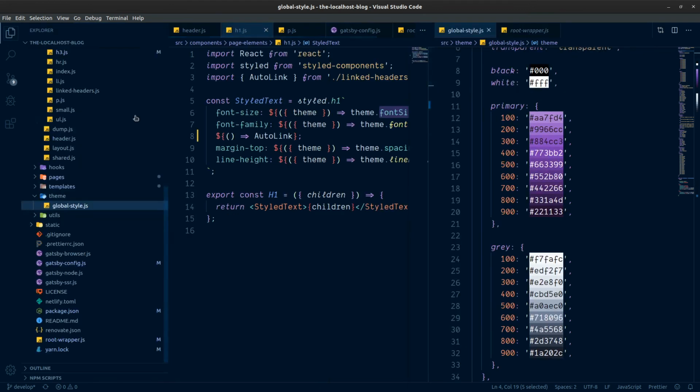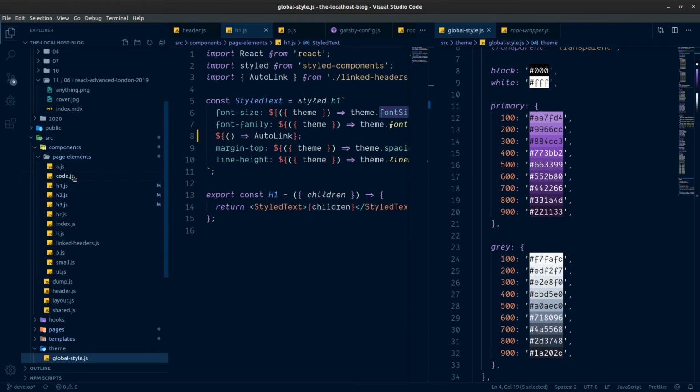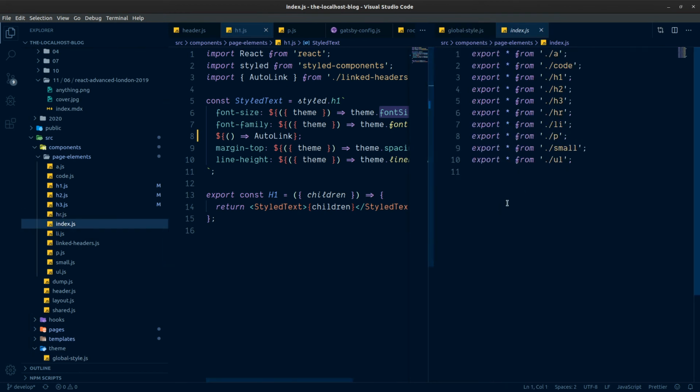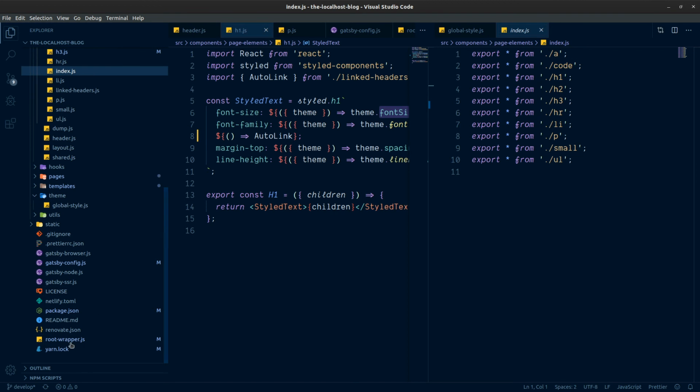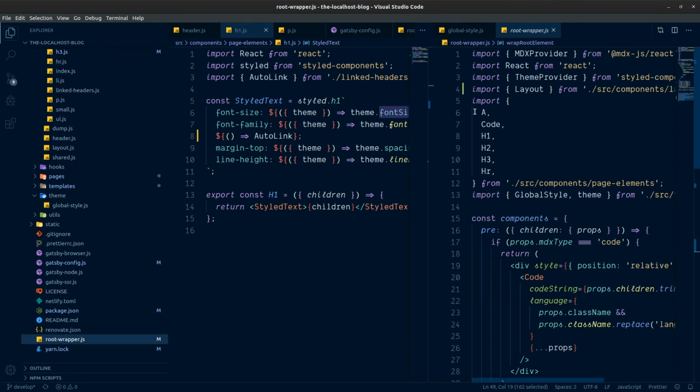So I went ahead and added in all of my H1, my sort of header elements, horizontal rule, and then the index file here. This is just exporting everything from this folder. So when I want to import many elements from here, I'm not defining H1, H2 as individual import lines. I can just say import H1, H2, H3 from page elements. So I haven't got an import defined for each individual